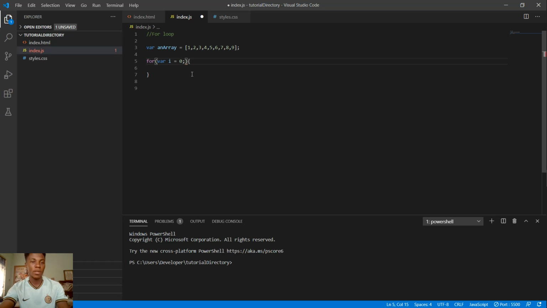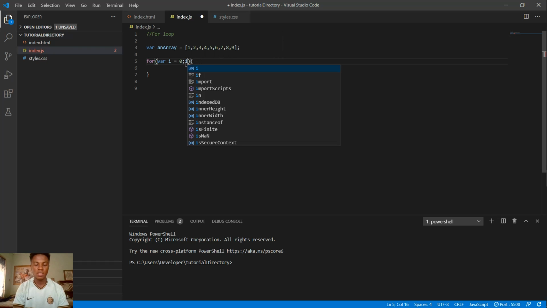like the first number you want to start with. Don't worry, I'll explain that more. Okay, then next thing you do is set a limit. So just understand that this is the starting value, this is the limit,